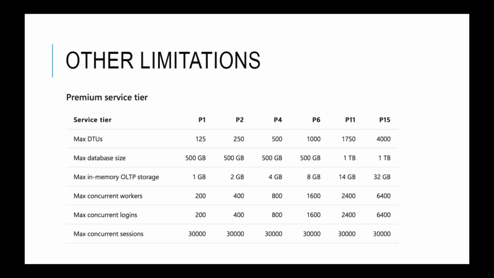The other limitations before starting to consider the migration to in-memory operational analytics are the following. The number of workers is less worrying than the max concurrent logins. If you have